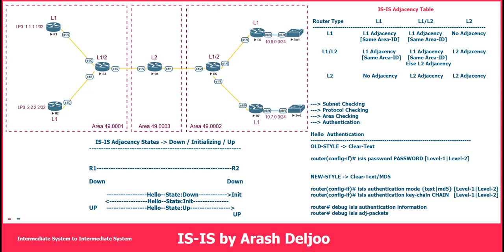In IS-IS, we have the hello timer as 10 seconds by default, and also a feature we call the hello multiplier. The hello multiplier by default is 3. This means that if you don't receive a hello from your neighbor within 3 times the hello interval,